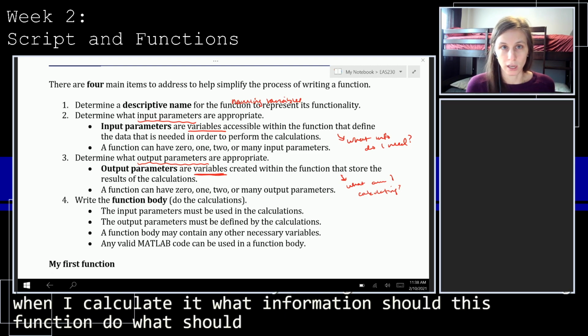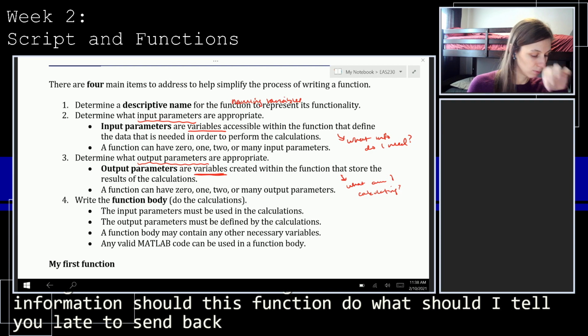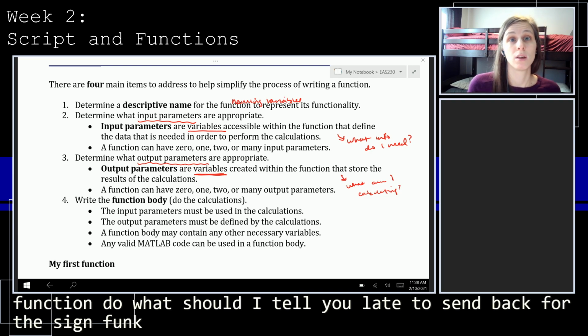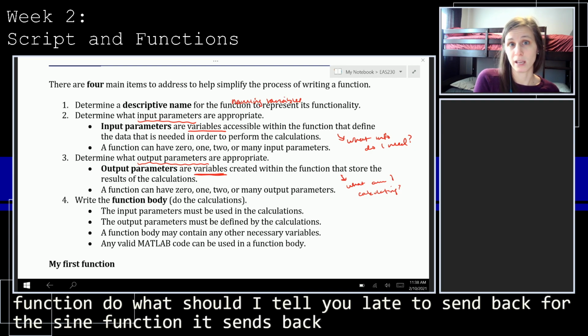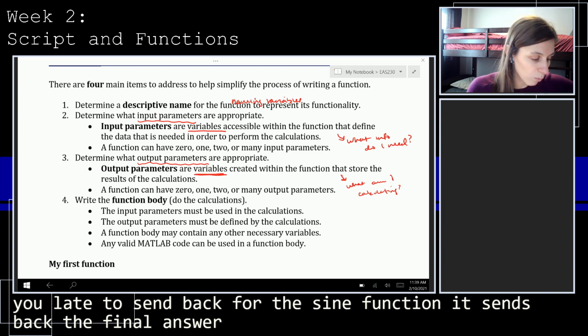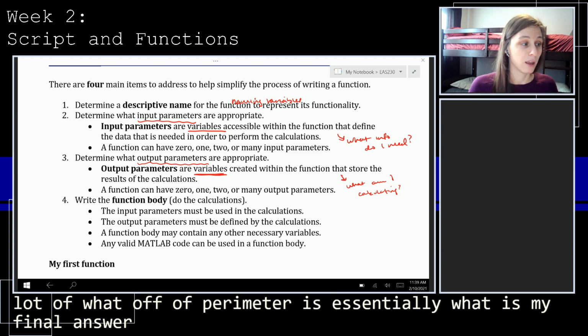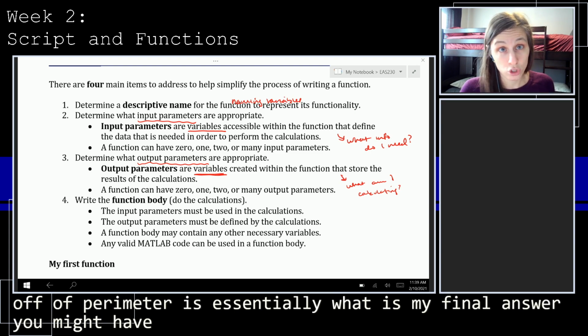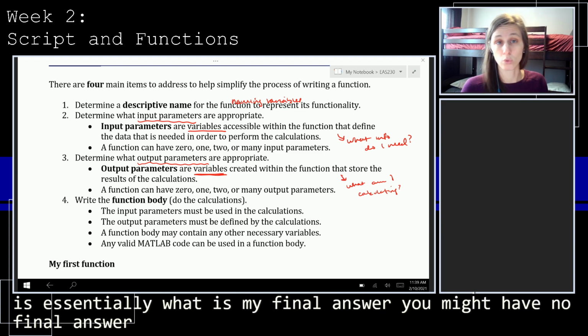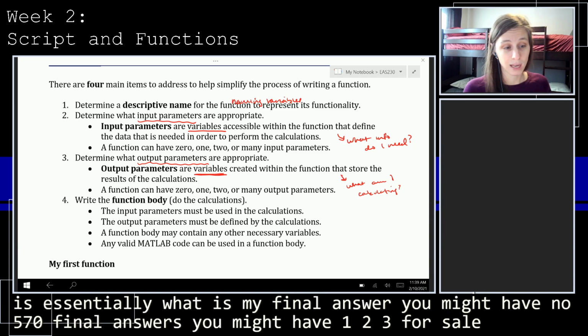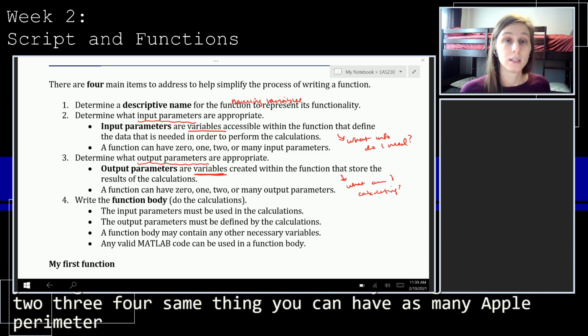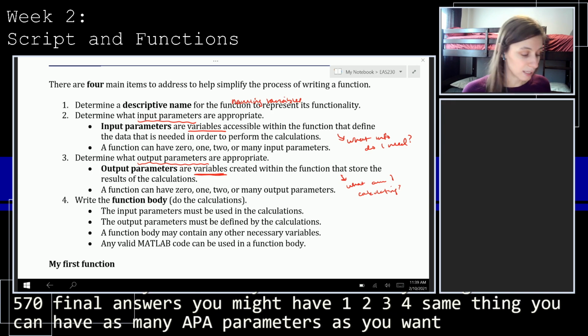What should it calculate to send back? For the sine function, it sends back the final answer. So a lot of what output parameter is essentially, what is my final answer? You might have 0 final answers. You might have 1, 2, 3, 4. You can have as many output parameters as you want. Once again, it should just make sense.